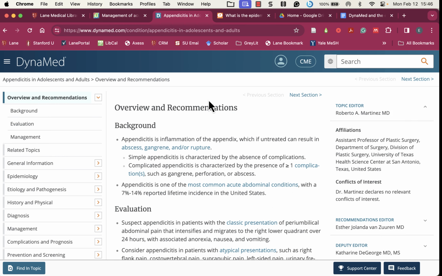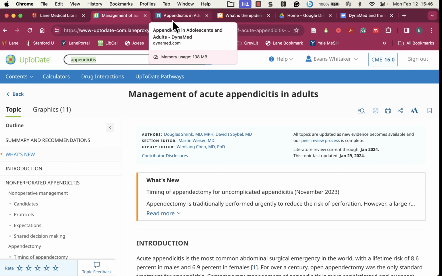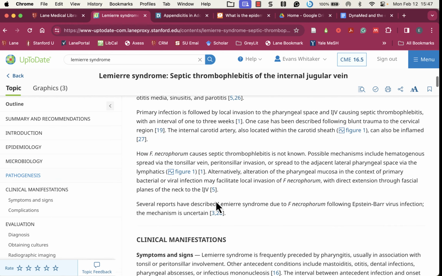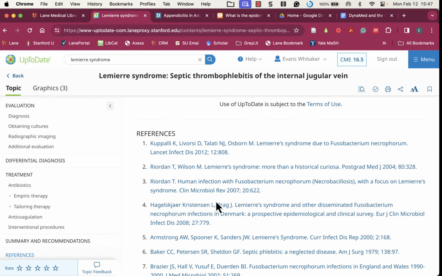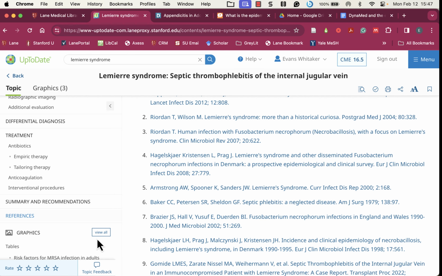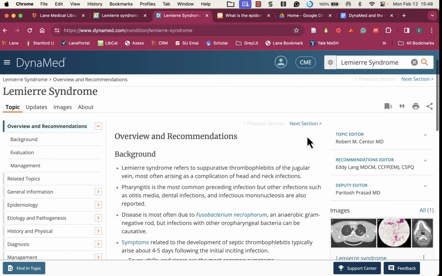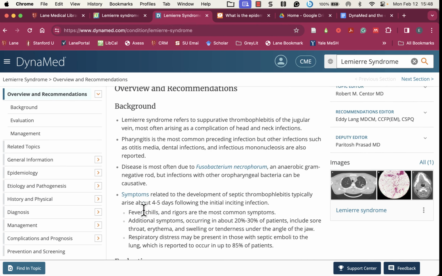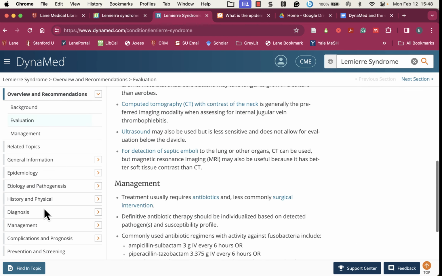Appendicitis is a common entity, which you would expect that both applications would have good information about. At the library, we were recently asked about a rare condition called Lemierre syndrome. Let's take a look at what happens with an uncommon topic. UpToDate gives us a single article, and then once again, clear outline, paragraph style, a list of references at the end, easy access to graphics. In DynaMed, once again, single article, similar indexing, bullet point presentation, links to related information, and then a list of